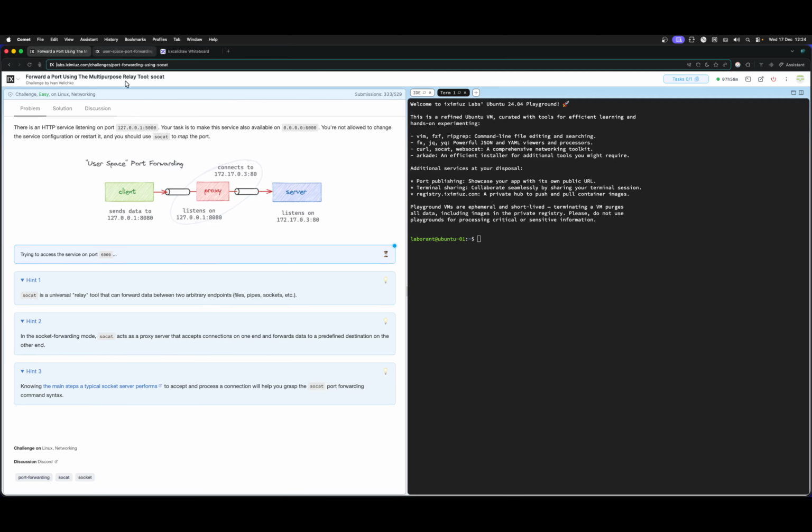The question says that there is an HTTP service which is listening on a given port, 127.0.0.1, the local address, on port 5000. Our task is to make this service available on a given address, and there are certain criteria. We are not allowed to change this service's configuration or restart it. So we should use Socat, which is a multi-purpose relay tool, to map the given